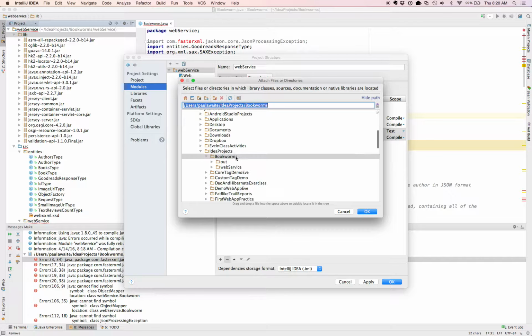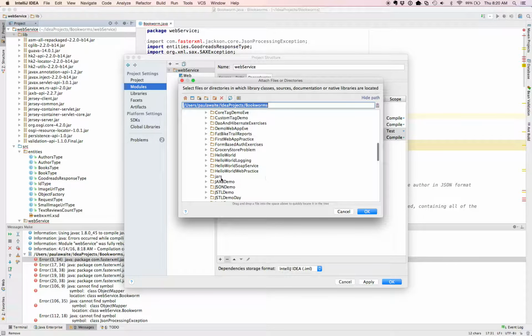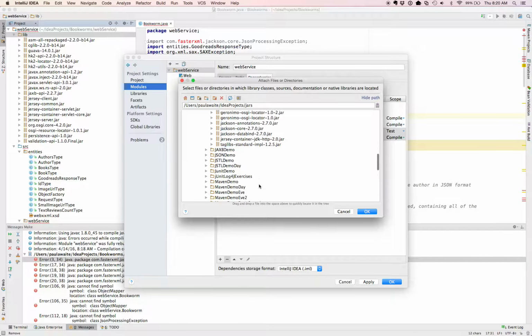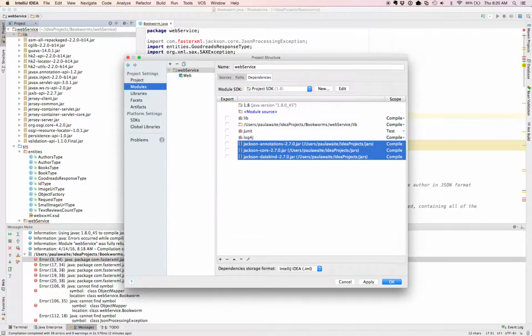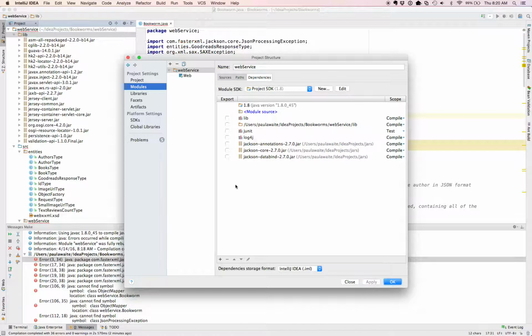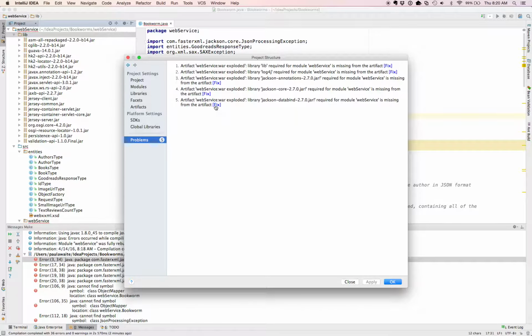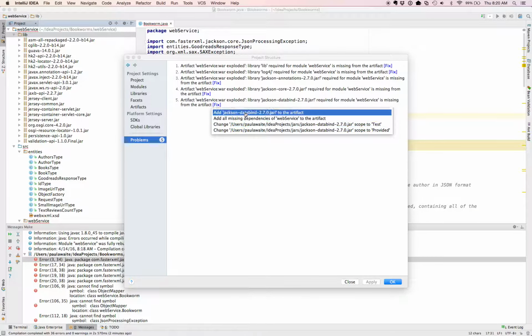I've got the jars handy though. So my jars, I'm going to grab the three Jackson jars, core, annotations, and databind from a few weeks ago. Go ahead and hit apply. And again, I've got some problems here, so I'm going to go through and fix these and make sure that